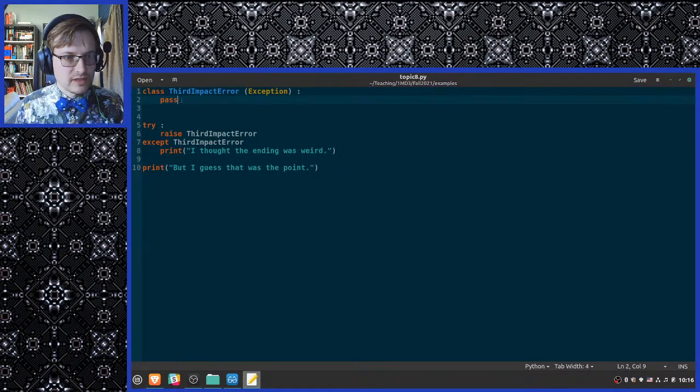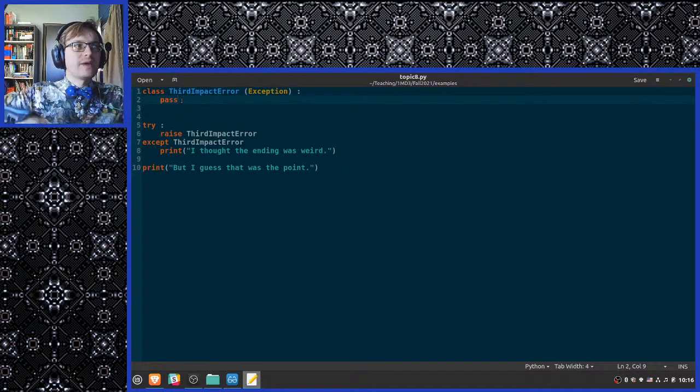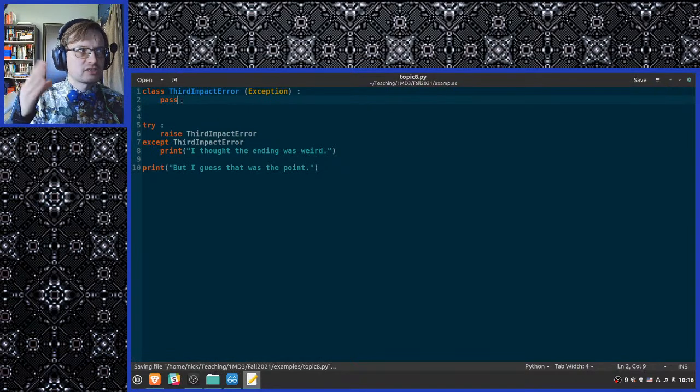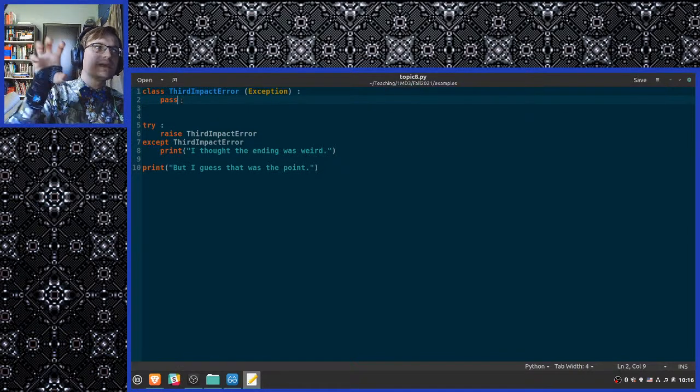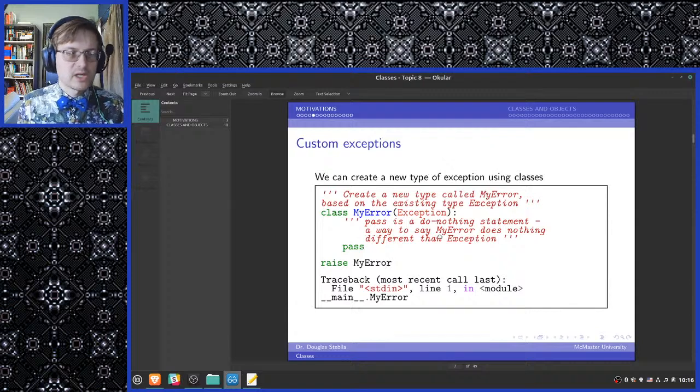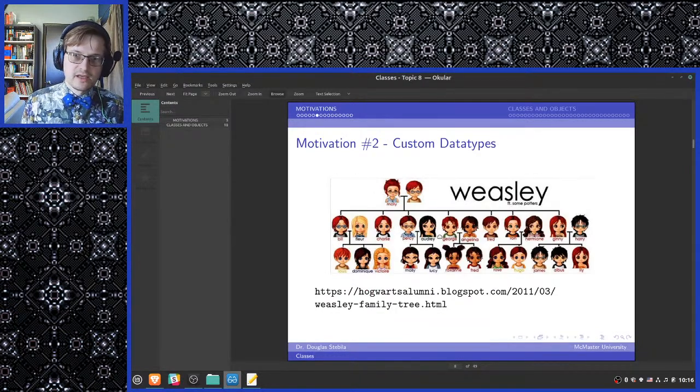But yeah, if I wanted this class to add different things, I would include stuff here. But because I'm just doing pass, it doesn't. It's just creating a new instance of the class that picks up everything from exception, renames it, and then you can just use it. Is that under the concept of inheritance? Yes, this is what inheritance is. But we're gonna have lots of examples of inheritance, so don't worry about it.